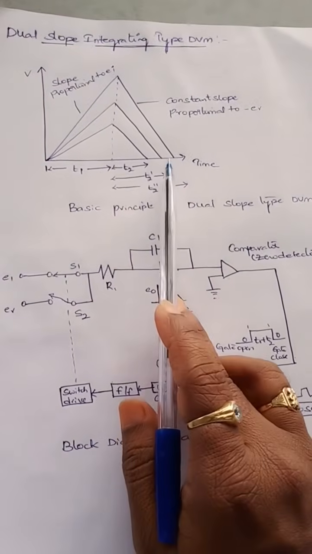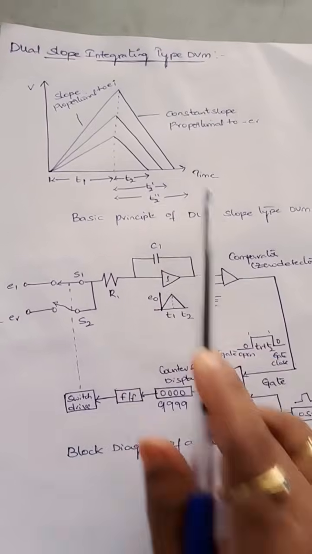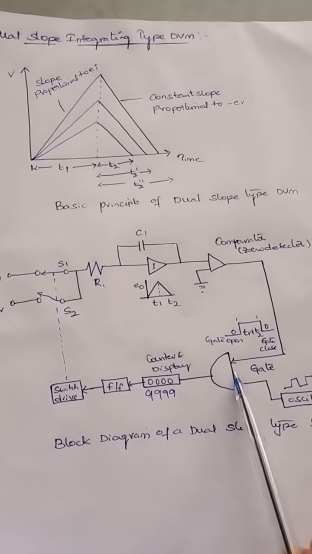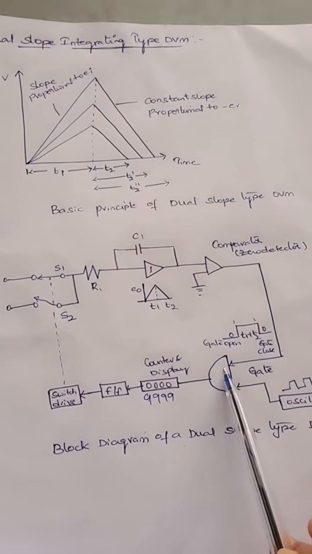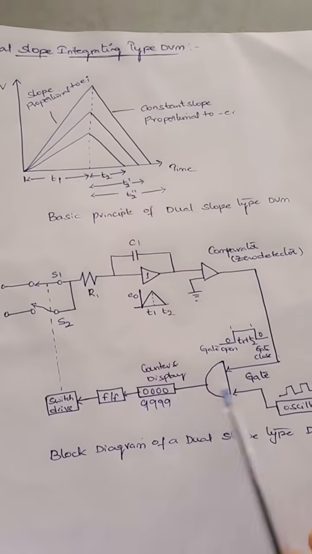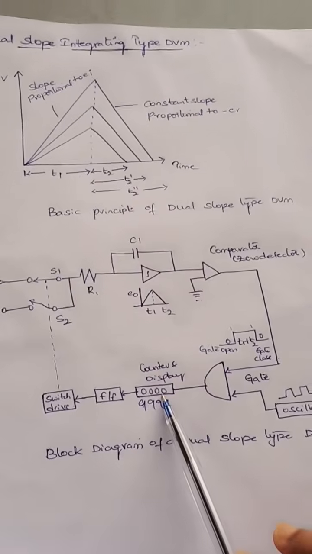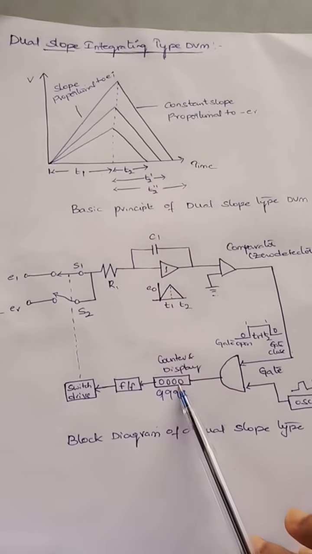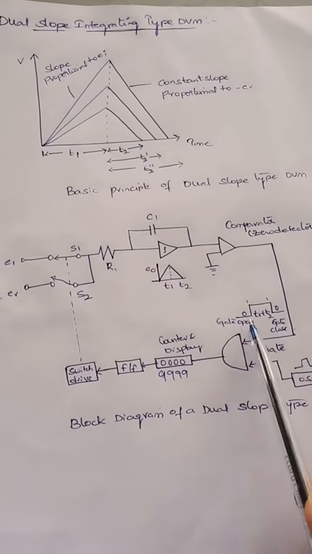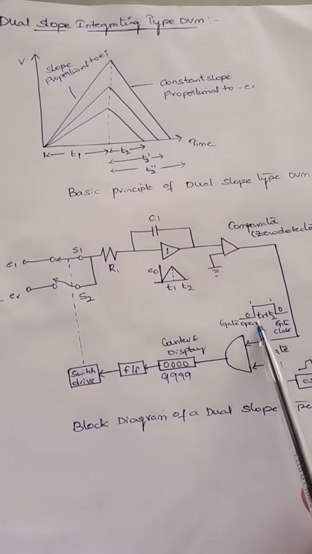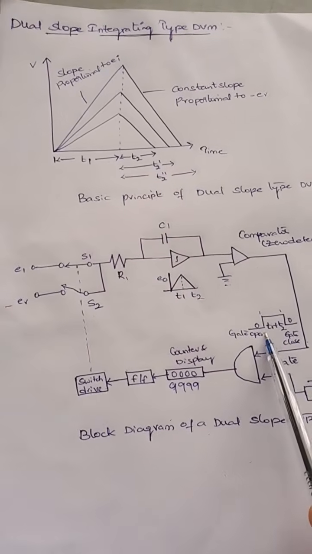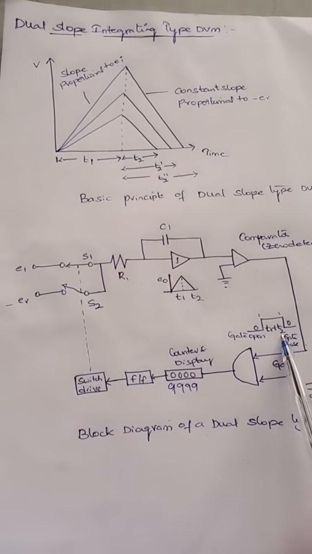As soon as the ramp signal reaches 0, the zero detector detects the zero position of the ramp signal and sends a signal to the gate. The gate will close the AND gate, the pulses won't be received by the counter, and the counter shows 0 as its display. So this is what happens in your dual slope integrating type DVM. Here you can see the gate is open for 1 and closed for 0. From this you can see the average time period of T1 and T2. T1 is the time during which the capacitor is charging, and T2 is the time period during which the capacitor is discharging.